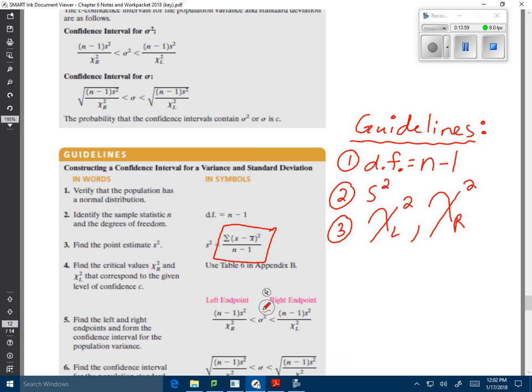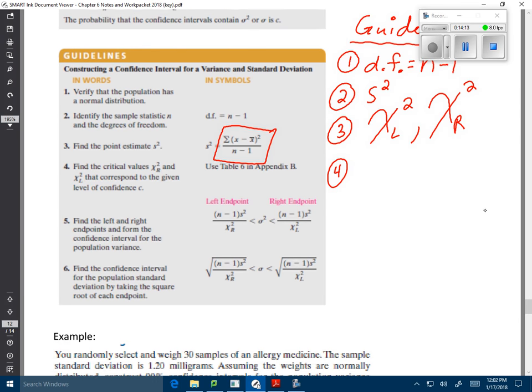Now the last step, I'm going to put as 2 steps, but sometimes it's only 1, whether you're just doing variance or variance and standard deviation. So for variance, if you would rather write this as an interval, you could as well. By putting the point estimate in the middle, it's like saying the interval: here's the left endpoint, here's the right endpoint. For the variance,